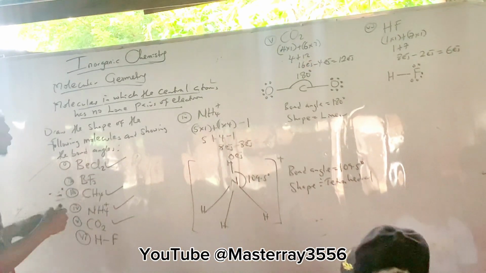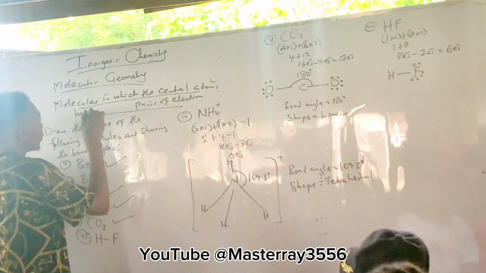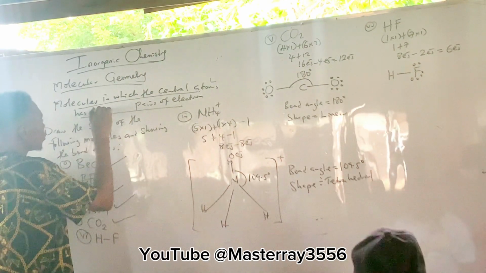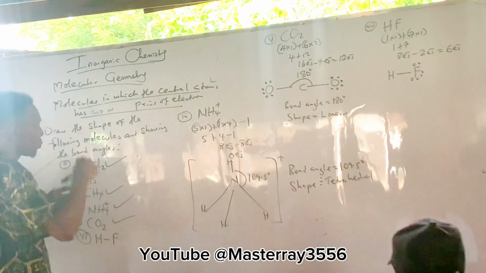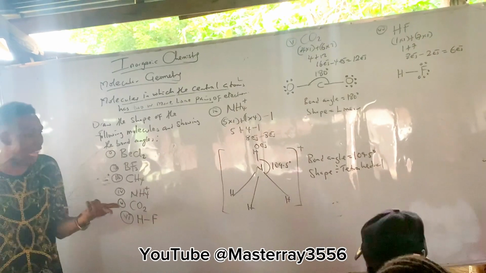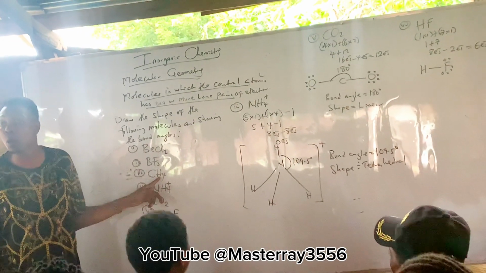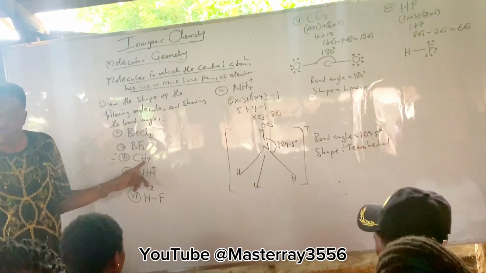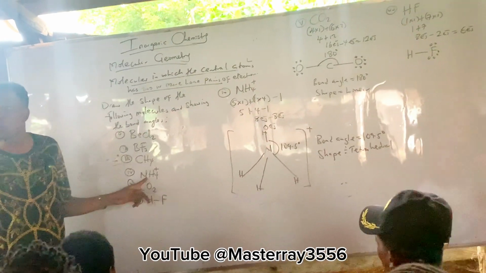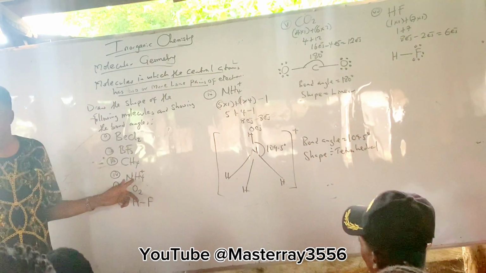Let's move to molecules in which the central atom has 1 or more lone pair. Sorry, 2 or more. Trigonal pyramidal. Then what about CH4? What is the bond angle? For this one, what is the bond angle? 109.5. And what is the shape of the two? Tetrahedral. Is it